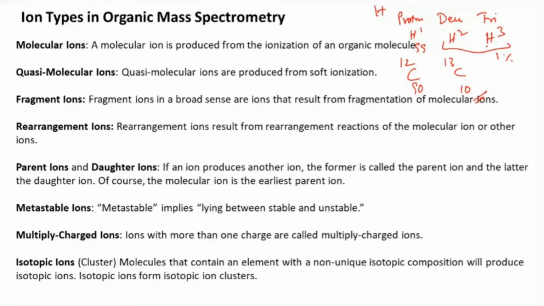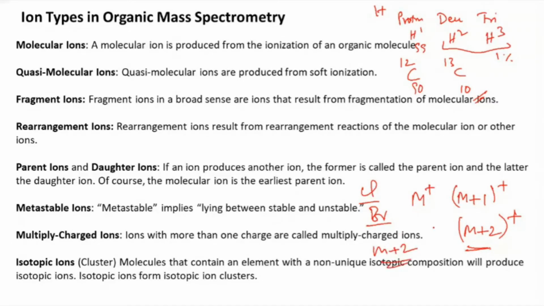So the isotopic abundance will lead to ion peaks, like instead of the M plus ion, we will get M plus 1 or M plus 2. So these are not unnatural. They are because of the isotopic abundance, isotopic peaks. Let's say if we have chlorine or bromine, these are very well known. Here M plus 2 will come. So these we will discuss separately. We have a separate slide for that.